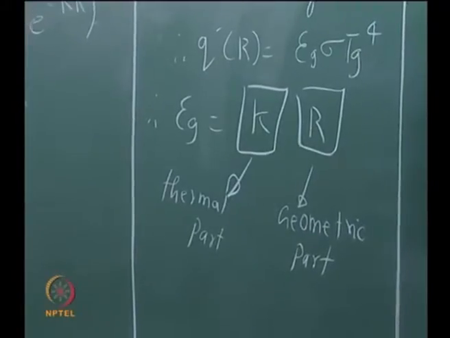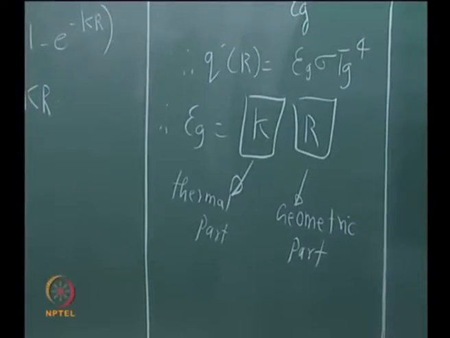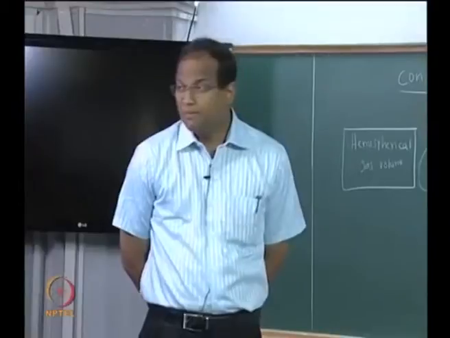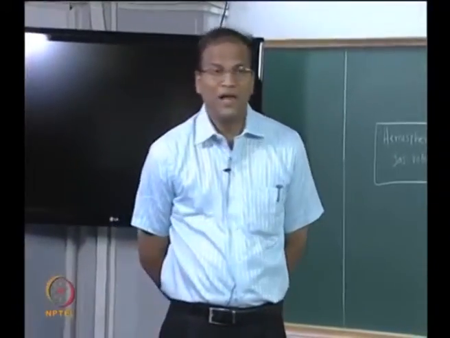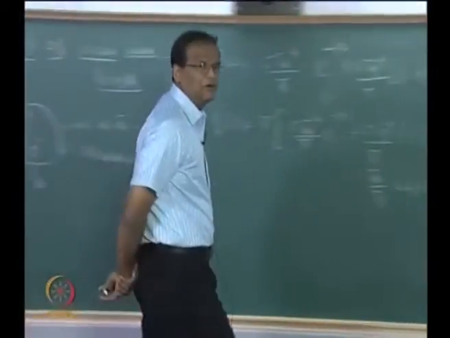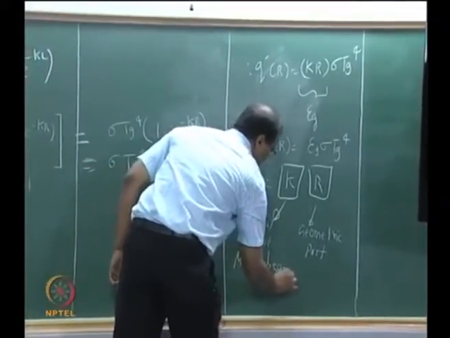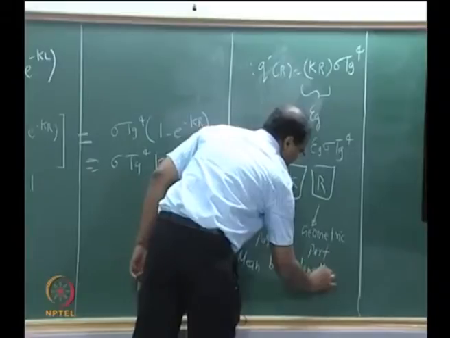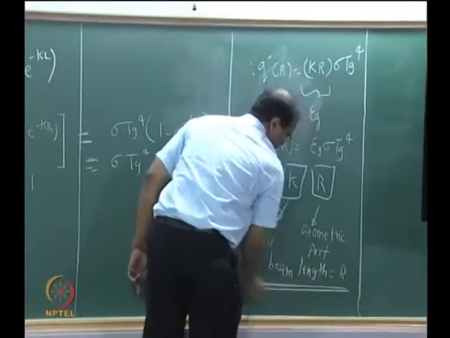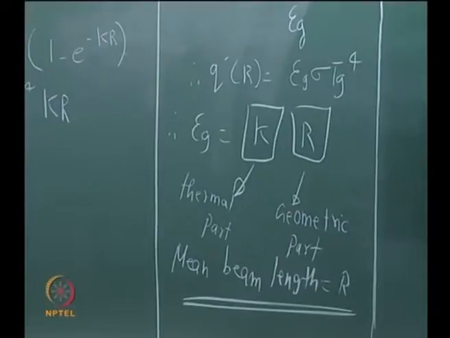So, when we considered a plane wall which was black, at a temperature Tw surrounded by an isothermal gas at Tg, we figured out that the mean beam length was equal to 2L. So for a plane gas layer of thickness L, the mean beam length is 2L. For a hemispherical gas volume, the mean beam length is R.